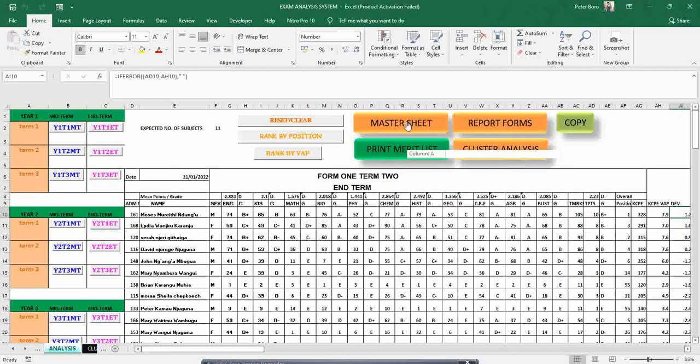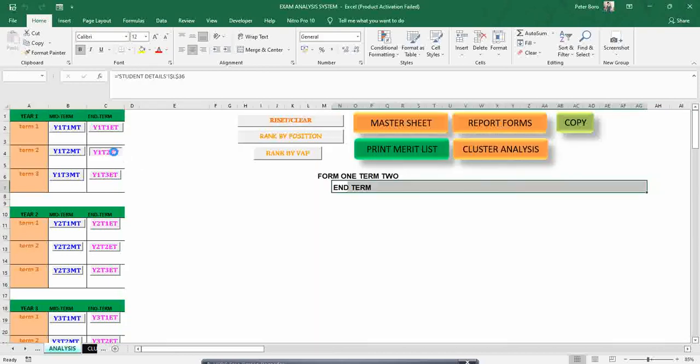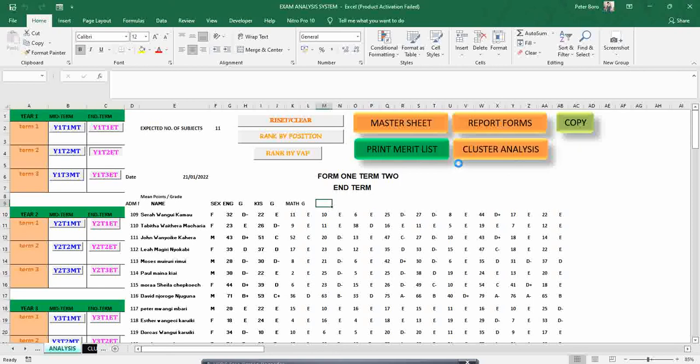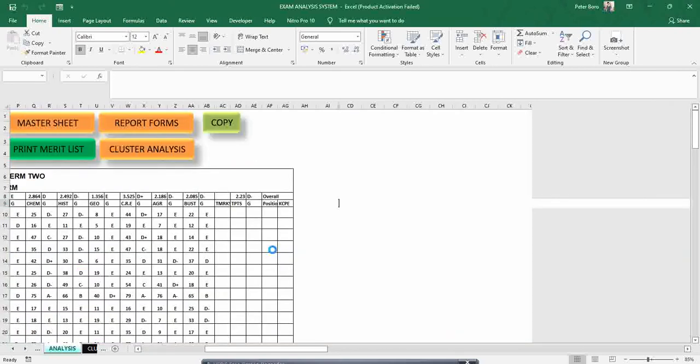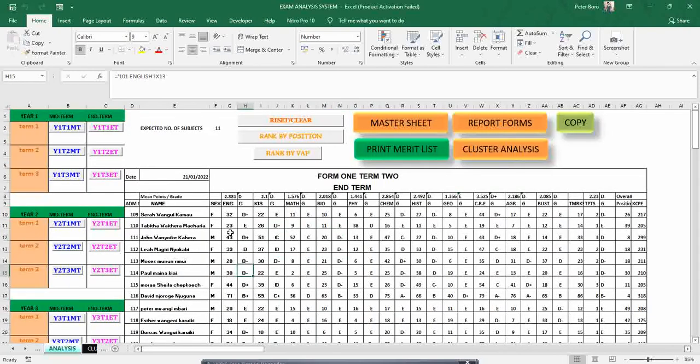So we have a master sheet. This one will take you back to the dashboard. We can go now to the cluster analysis. But before we go to the cluster analysis, we need to reorder this merit list in the order that was there by default. So you need to reset and click these buttons once again. You can't go to these other buttons when you have sorted this data in any way. So this data has to remain the way it was, that is by default,